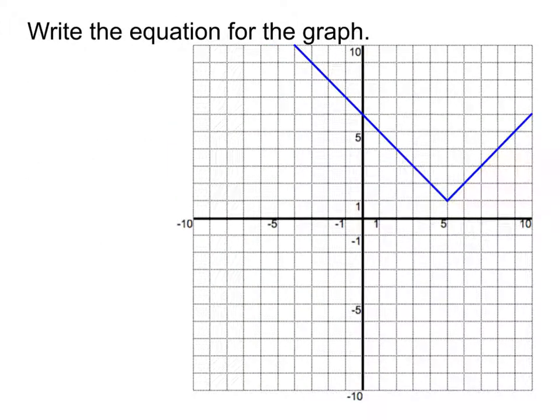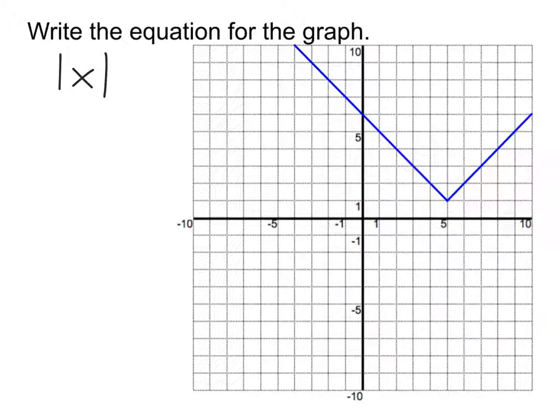I want us to take a look at this graph and write the equation for it. So bringing back some of our graphing principles. As you take a look at this graph, in order to write the equation, there's a few mental steps that we have to go through. The first thing is starting by deciding what type of equation it is. What's the parent function, in other words? Well, what gives us the V shape? Absolute value. So I know then that I'm going to be dealing with something that starts as absolute value of